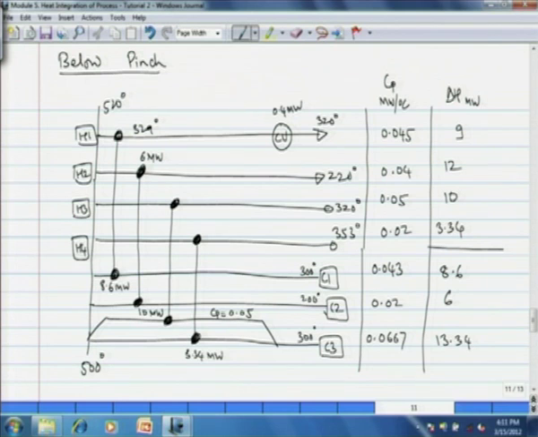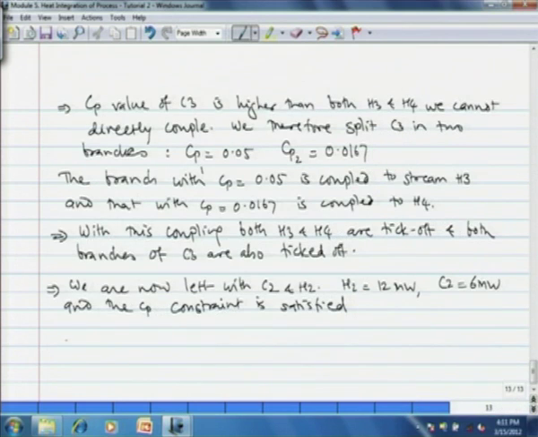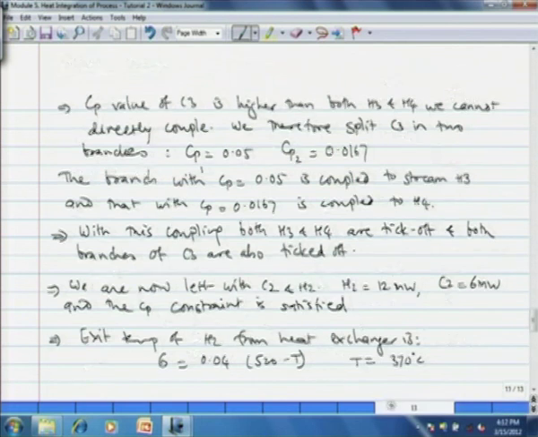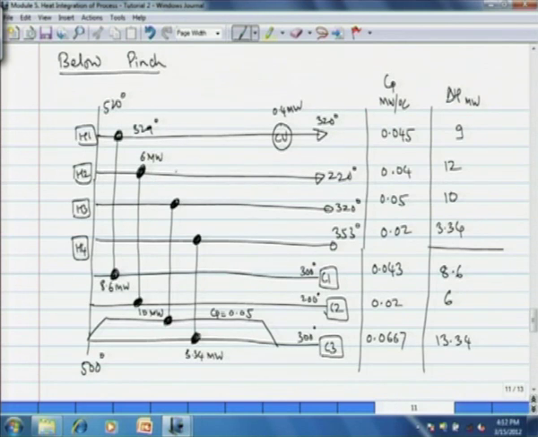And after emerging from this stream, the exit temperature of H2 from the heat exchanger is given by 6 megawatt transfer, 0.04 into 520 minus T. So, T turns out to be 370 degrees centigrade. So, that temperature we note here, 370 degrees centigrade, and then